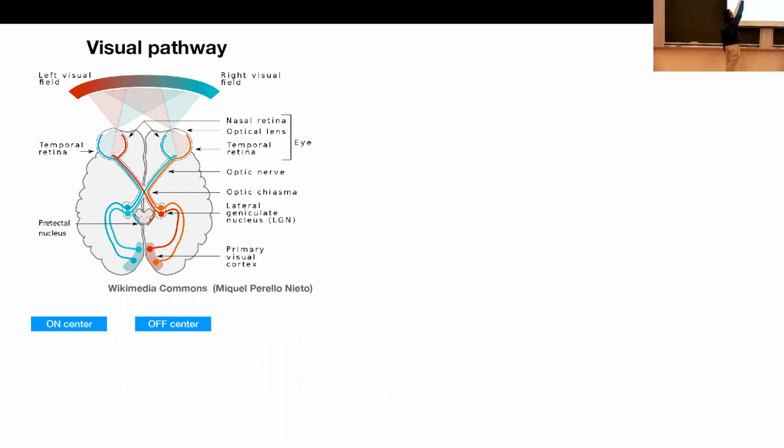Anyway, stimulus comes in through the eyes, and there's actually quite a bit going on already in the retina, which I'll mostly ignore. So the parts of the visual pathway that I want to highlight in this talk are something called retinal ganglion cells, which are